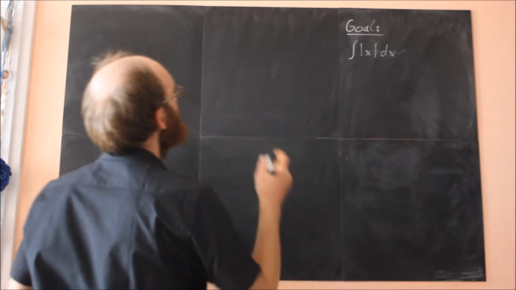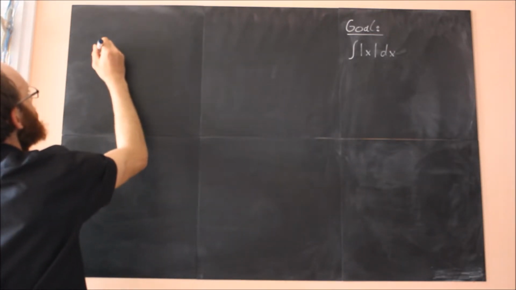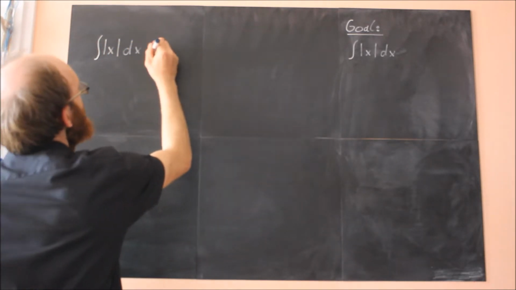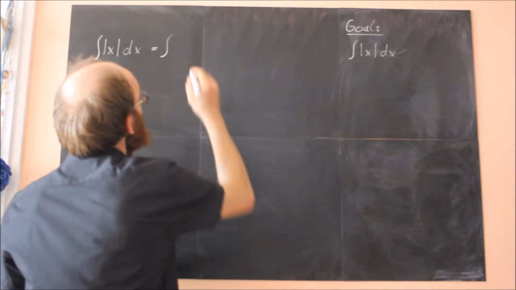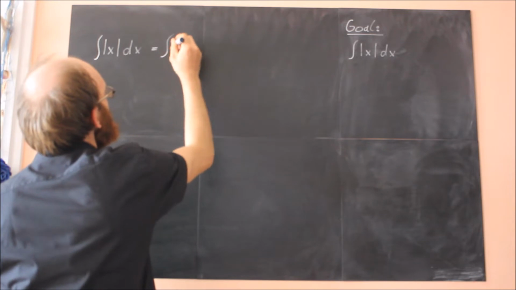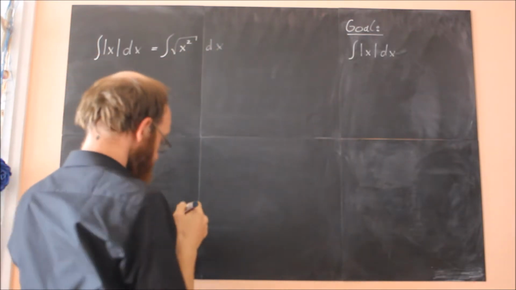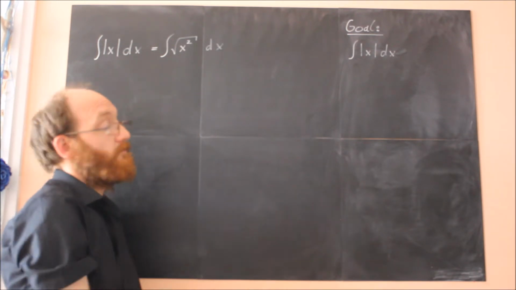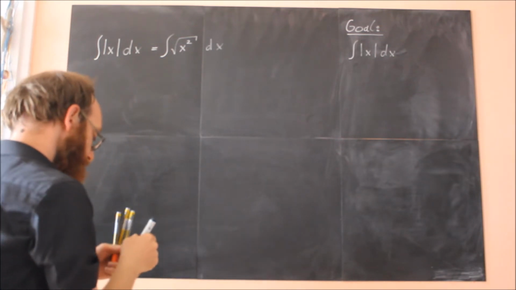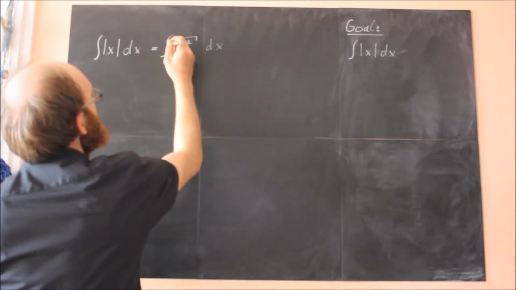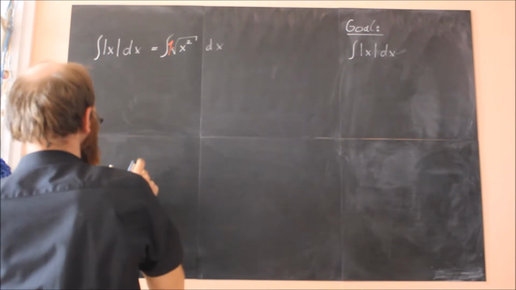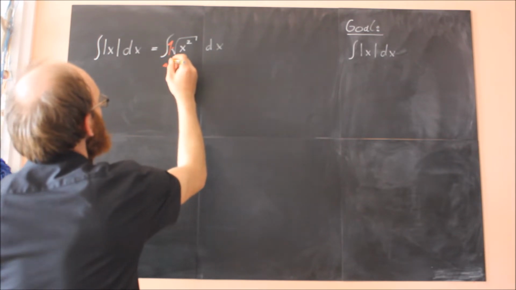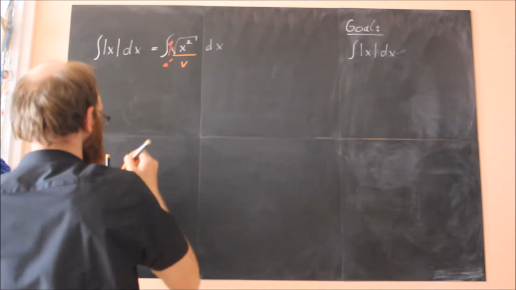We start with the integral of the absolute value of x. We write the absolute value of x in the following way: x squared and then the square root out of it, and by definition this is the absolute value of x. Okay, and now we use integration by parts. There is an invisible 1, and therefore this one is u prime, the square root part is v, and therefore